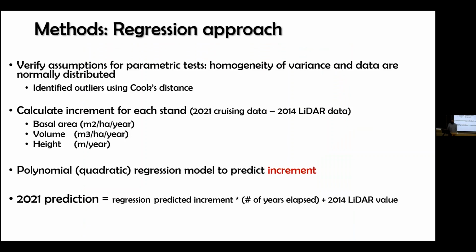First, I'm going to begin by talking about the regression approach to modeling the change since 2014. I first verified the assumptions for parametric tests. I then calculated the annual increment from each stand for each attribute by subtracting the 2014 data from the 2021 data and dividing by the time elapsed. I then used a polynomial or quadratic regression approach to model and predict annual increment using the trendline formula. This prediction of annual increment was then applied to the 2014 LiDAR data after multiplying by the number of years